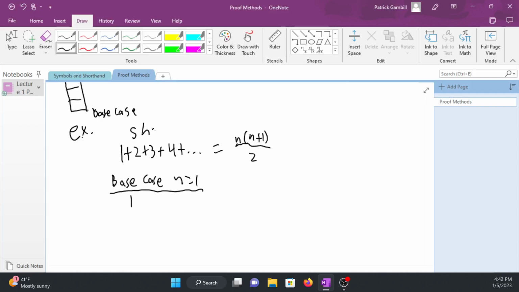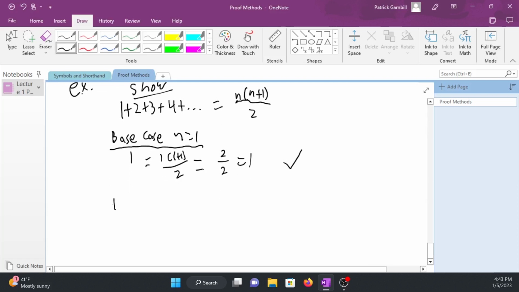Let me just make sure we're clear. We're going to show this thing right here. So the base case, we set n equal to 1. On the left side, we get 1. On the right-hand side, we get 1 times 1 plus 1 divided by 2. 1 plus 1 is 2, so we get 2 over 2, which is equal to 1. Base case checks out. Now for the inductive step,